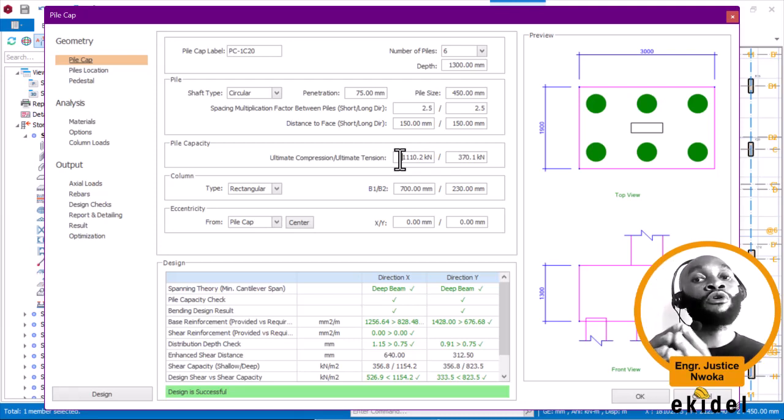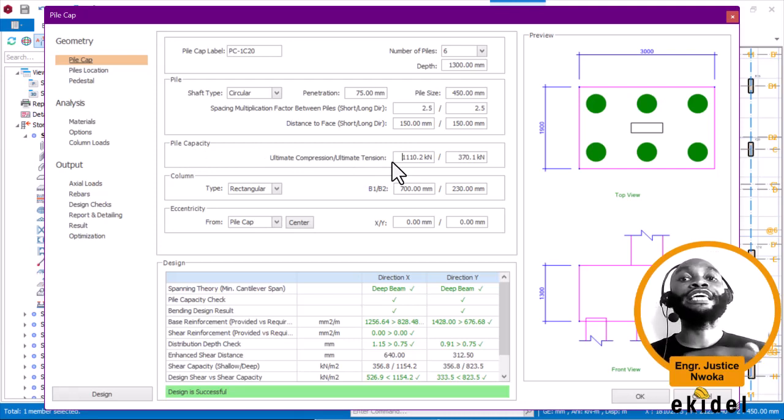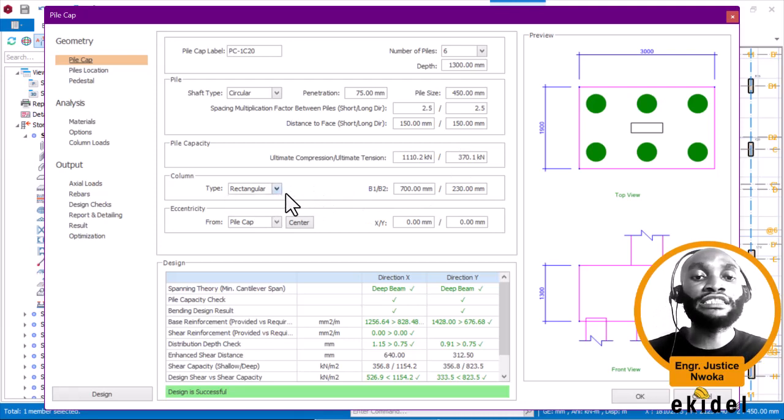So this safe working load is constant as long as we are using a pile diameter of 450 for the design of that pile cap on that column. It remains constant because what governs this pile capacity is the safe working load, and the safe working load is gotten based on each of the pile diameters. Each pile diameter has its own safe working load, as you saw on the soil report. So for now, since we are using 450 as our pile diameter or pile size, we will have the same ultimate compression and tension value. Then this is rectangle. If everything remains the same, as you can see, they will now come and do